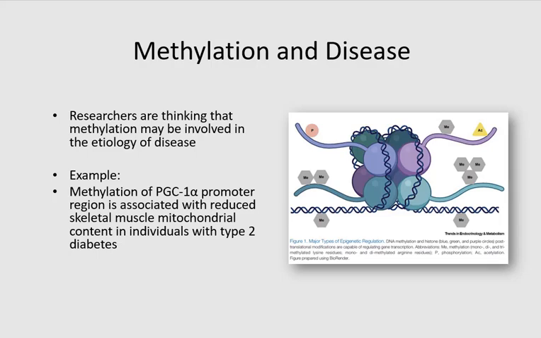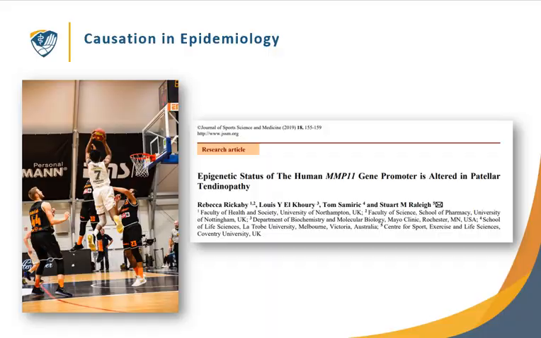So researchers are thinking that methylation may be involved in the etiology of disease. For example, the methylation of PGC1 alpha promoter region is associated with reduced skeletal muscle mitochondrial content in individuals with type 2 diabetes. So now coming back to here,